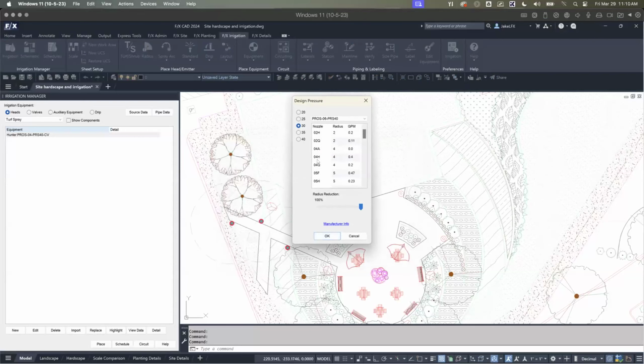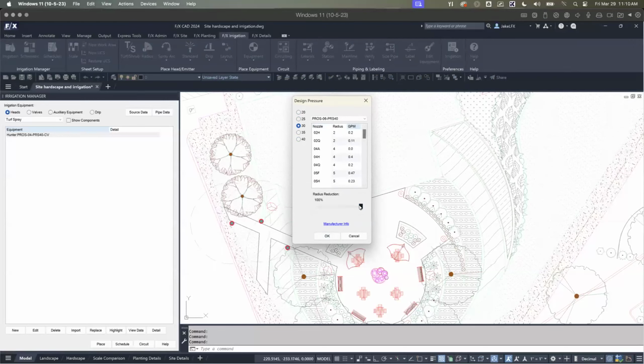And starting the hard work, and JR will kind of show you behind the scenes in a little bit, but this is that front end thing that the user gets to see: what in the world is coming in with this piece of equipment. And you can see all of the nozzles with all of their performance data based on the different pressures. So just like I'd be reading a performance chart in the catalog, this is giving me that on the fly